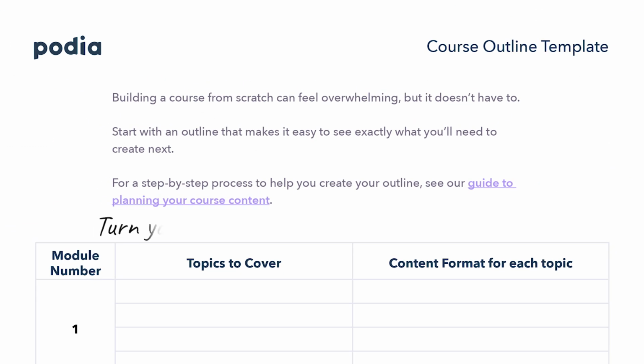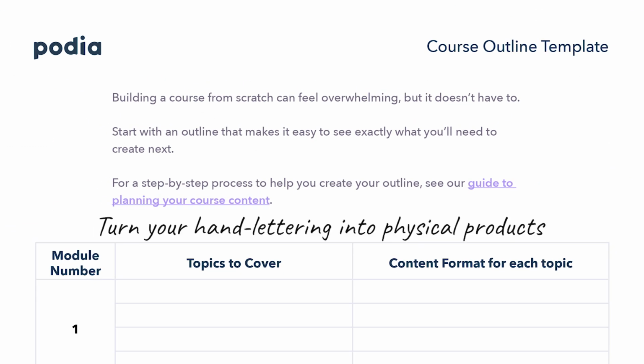Rather than writing down all the things we know about hand lettering, we're going to focus on a goal. What kind of result might a student want from hand lettering? Maybe they want to learn how to make hand lettering art that they can then turn into physical products that they can sell or enjoy for themselves. That sounds like a great result, so we're going to put that at the very top of the outline.